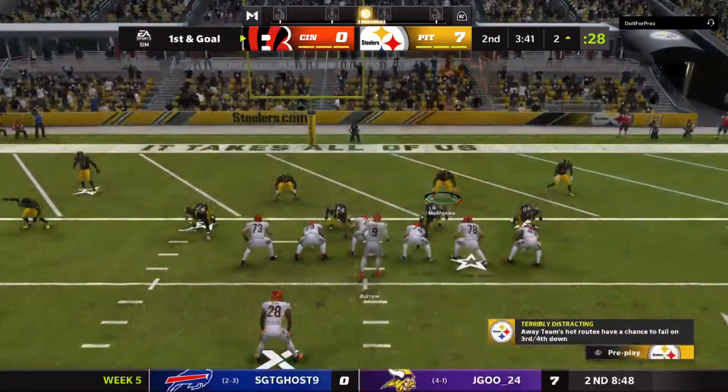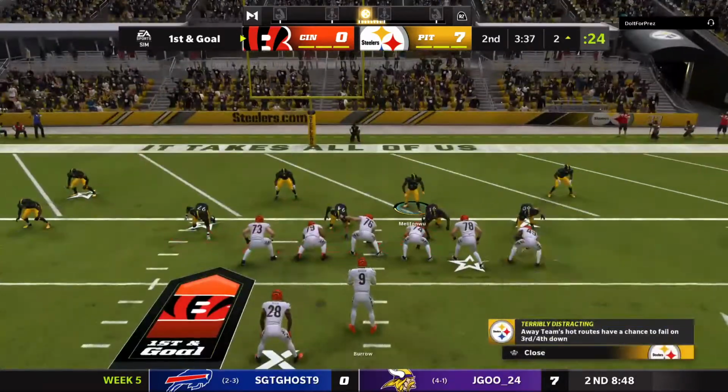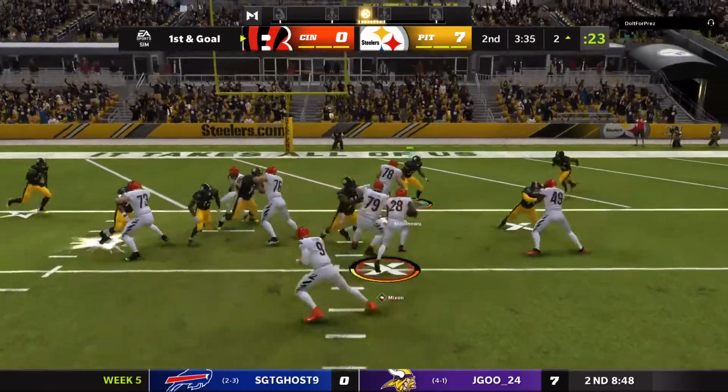That's a nice run right there, able to get to the outside. And so many times defenses say, okay, we've got you hemmed in. But if you're running the football, at least you...